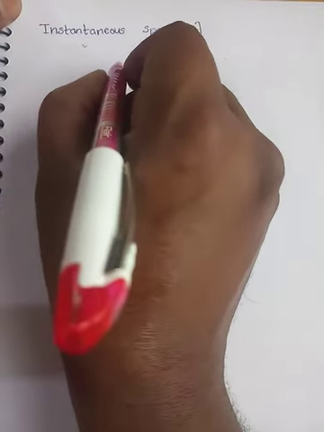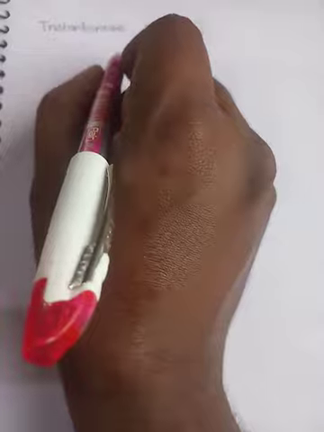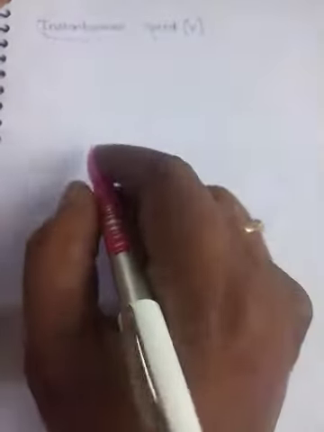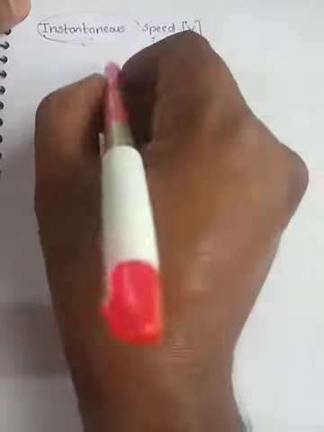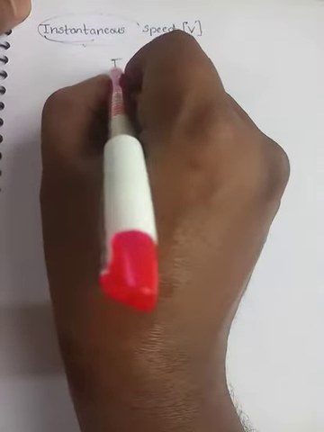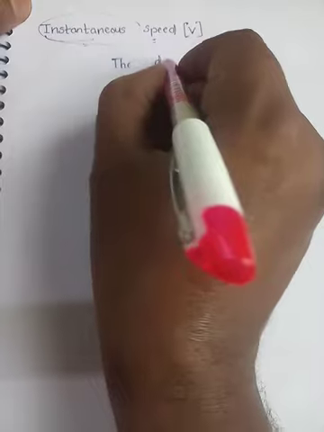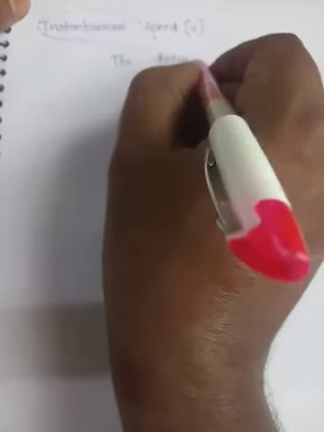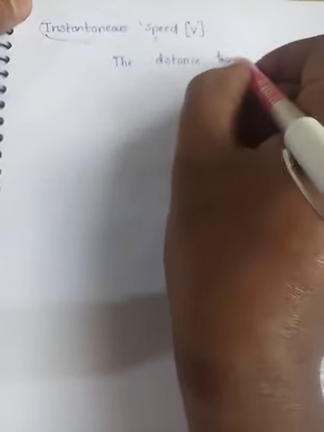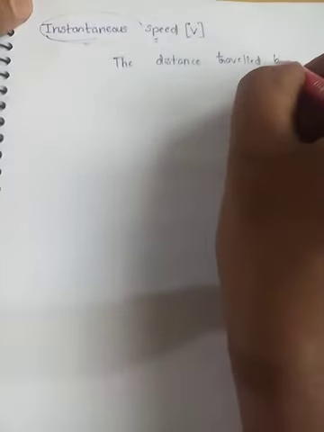So we can have the definition as a very important formula. From a competitive point of view, this is required: instantaneous speed. Based on instantaneous speed you get the questions. What is that? First, what is the distance travelled by an object